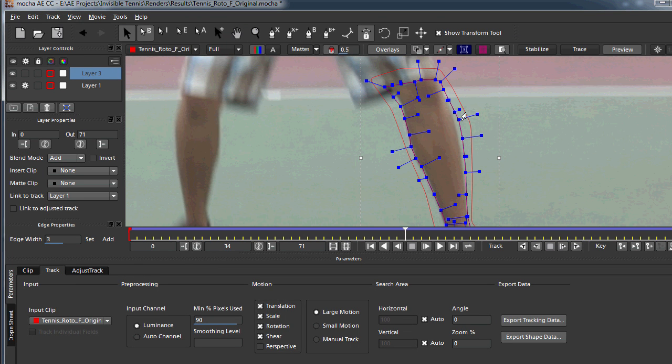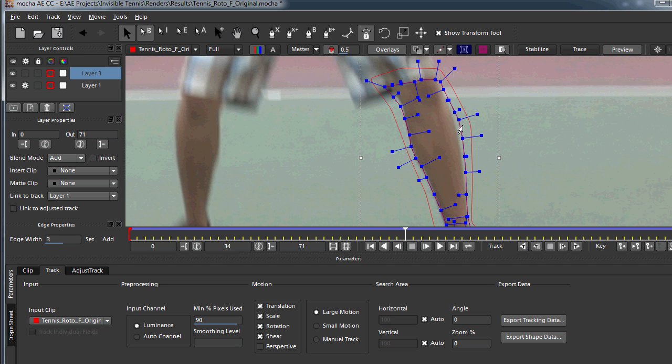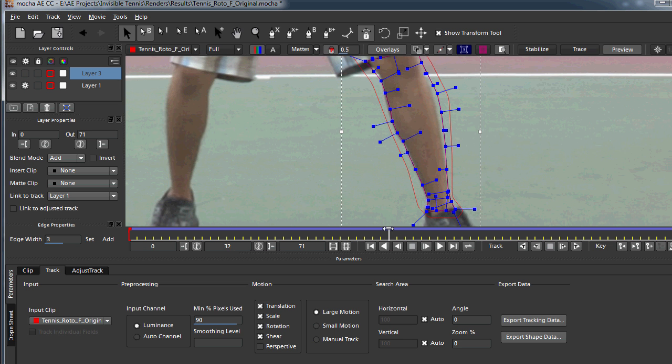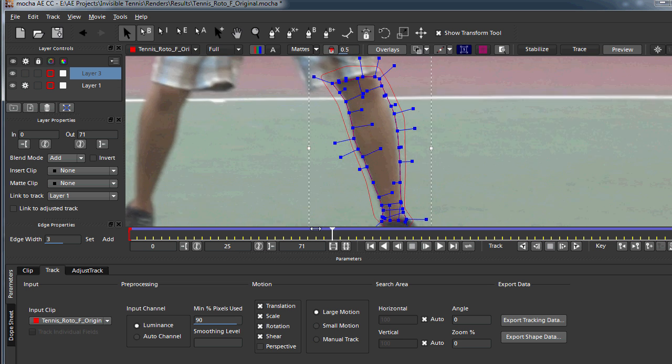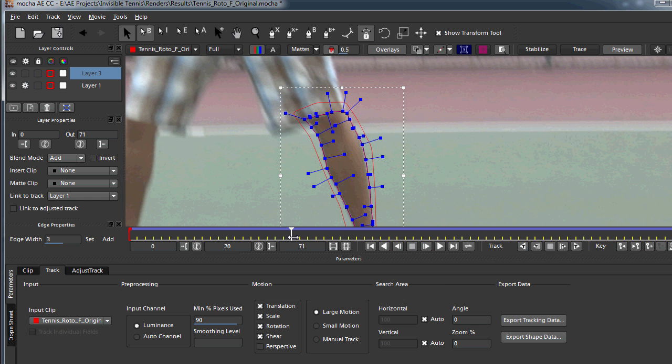Now, in some places, we're going to have to come in here and do a little bit of editing, but for the most part, Mocha's already done all the tough stuff for us. It's just going to be going in and making a couple of small tweaks, and then we'll be set. So all we're going to do is go back through and edit that more accurate mask in the places where it's needed. So wherever it's kind of fallen off the leg,